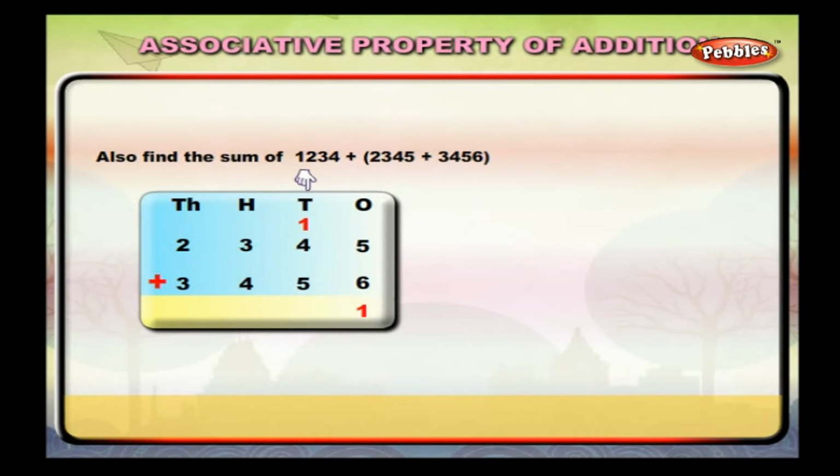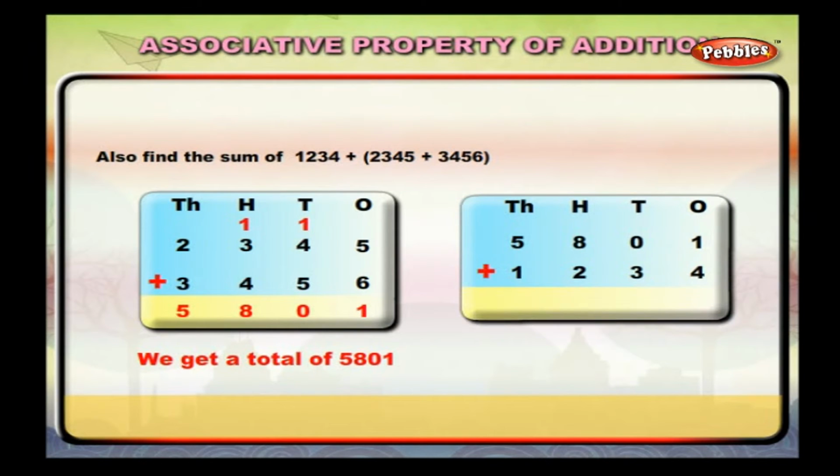Add the tens column. 4 plus 5 plus 1 is equal to 10. Write 0 below the tens column and carry over 1 to the hundreds column. Add the hundreds column. 3 plus 4 plus 1 is equal to 8. Write 8 below the hundreds column. Now add the thousands column. 2 plus 3 is equal to 5. We get a total of 5,801. Now add the first number